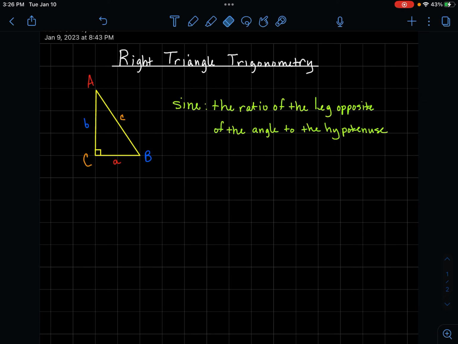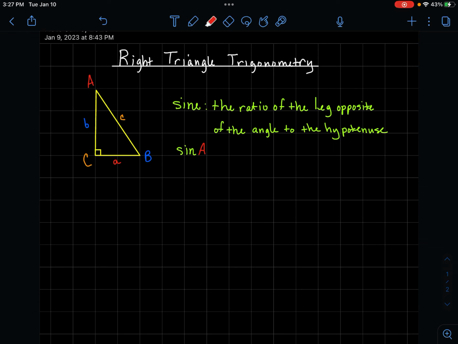The first one, we are going to call it sine. The definition of sine is the ratio of the leg opposite to the angle to the hypotenuse of the triangle. So if I want to find the sine, the notation for it will be sin. You'll be able to find that button on your calculator, and then the angle that you're trying to find the